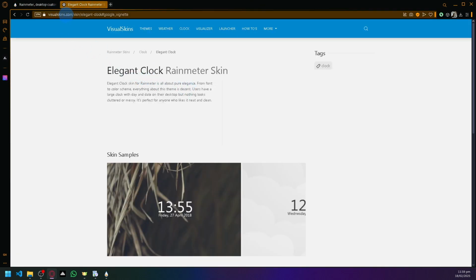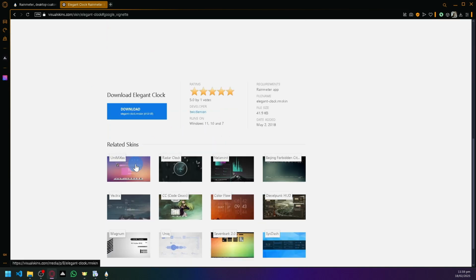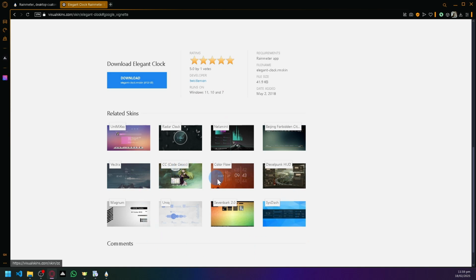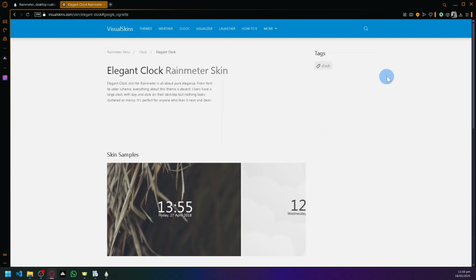in visualskins.com. So you could visit this URL over here, visualskins.com/skin/elegant-clock. And then over here, you can download it directly. There are also other options for you to choose from over here, so feel free to check them out. But after that, simply